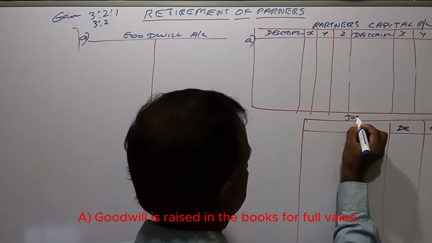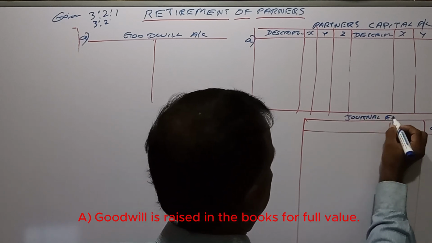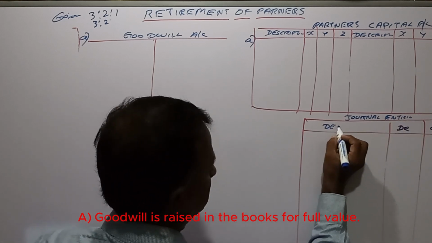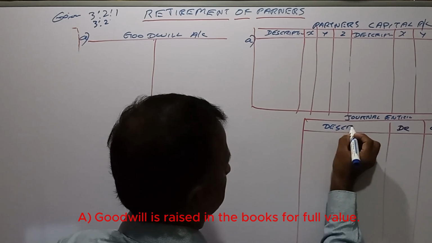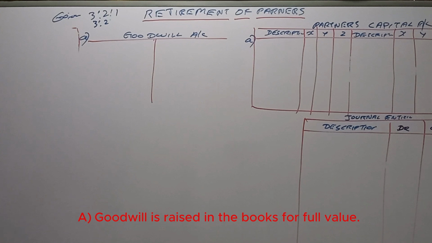Journal entries, description, right? Here they say 60,000, he is bringing the